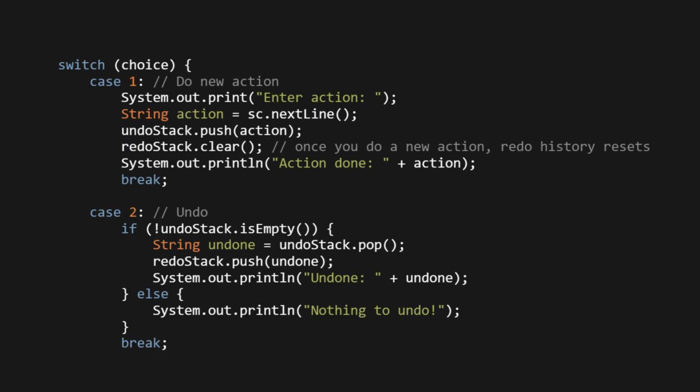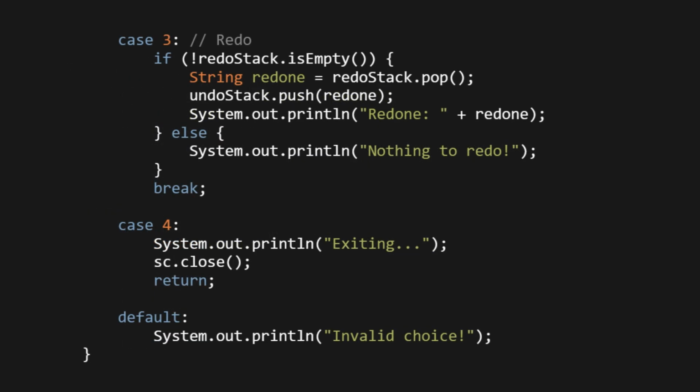break; case 2: undo. If the undoStack is not empty, String undone = undoStack.pop(); redoStack.push(undone); System.out.println("Undone: " + undone); else System.out.println("Nothing to undo"); break; case 3: redo. If the redoStack is not empty, String redone = redoStack.pop(); undoStack.push(redone); System.out.println("Redone: " + redone); else System.out.println("Nothing to redo"); break;